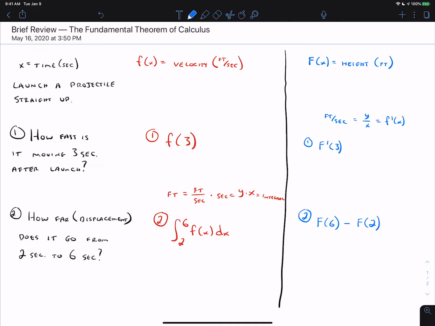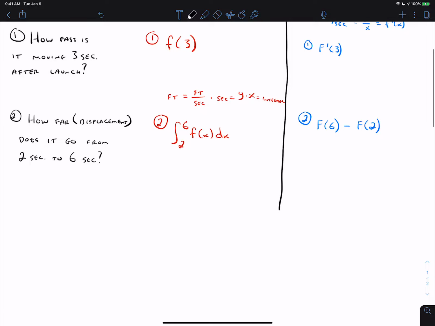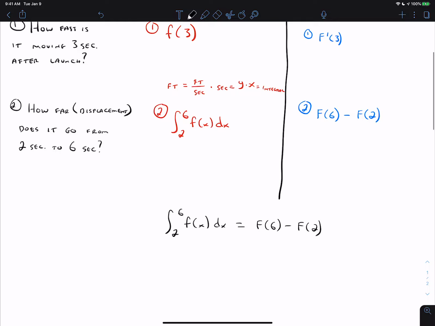Well, if this is talking about the same projectile, then it's important that these two things are calculating the same number. And so the integral from 2 to 6 of little f of x dx is equal to capital F of 6 minus capital F of 2. That's real important, because the one on the right is a lot easier. And so the thing is, if that, then we have a problem like this. So let's say we were doing the integral from 2 to 6 of, say, negative 32x plus 106